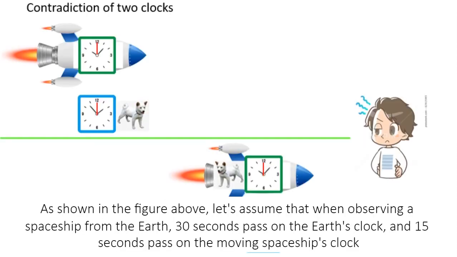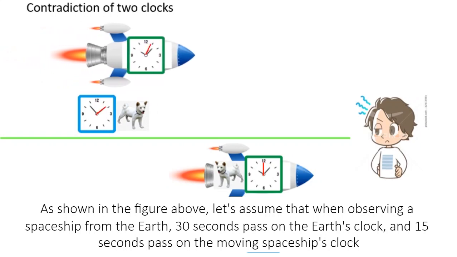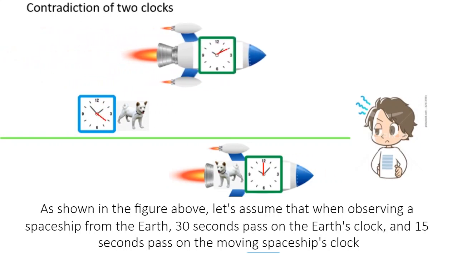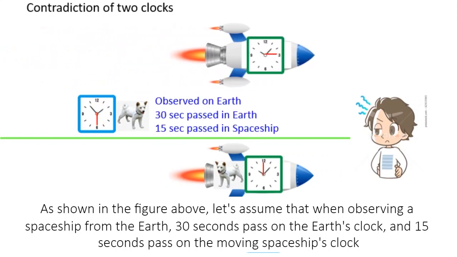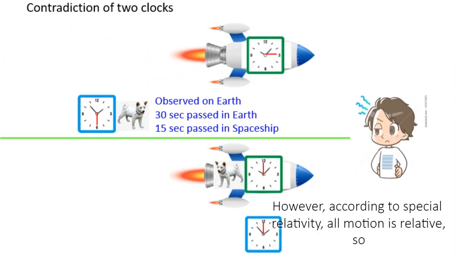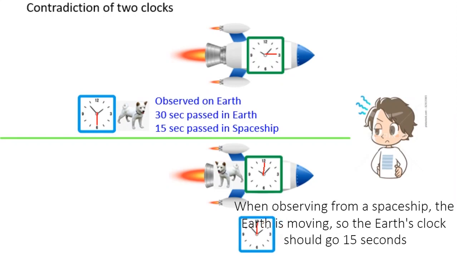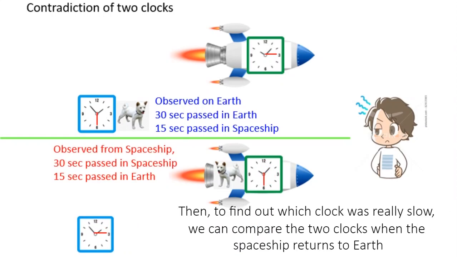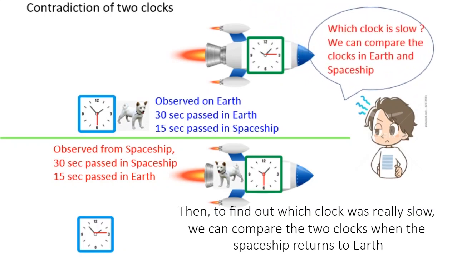As shown in the figure above, let's assume that when observing a spaceship from the Earth, 30 seconds pass on the Earth's clock, and 15 seconds pass on the moving spaceship's clock. However, according to special relativity, all motion is relative, so when observing from a spaceship, the Earth is moving, so the Earth's clock should go 15 seconds. Then, to find out which clock was really slow, we can compare the 2 clocks when the spaceship returns to